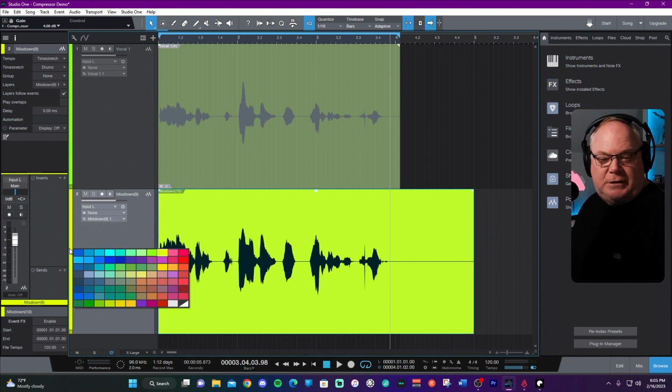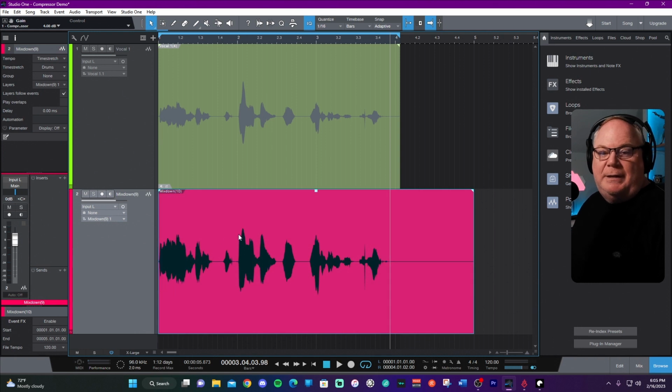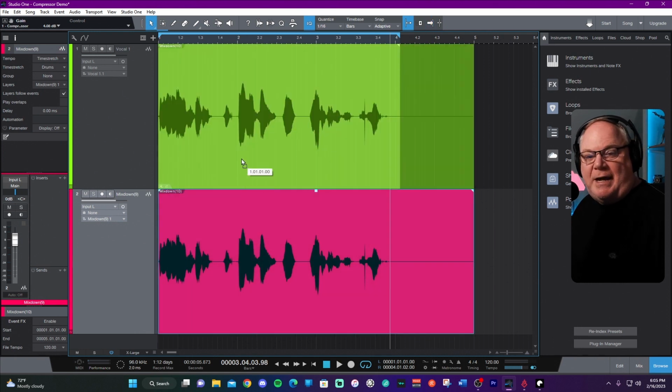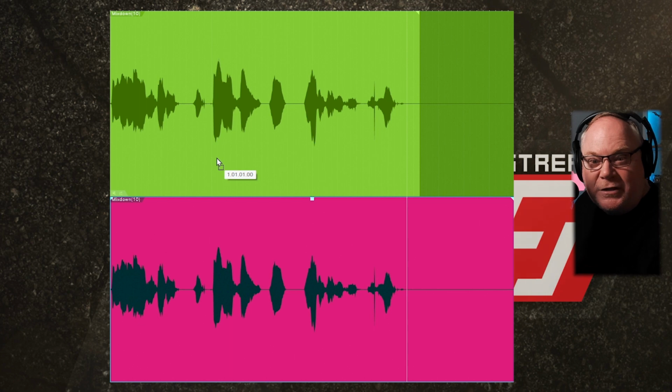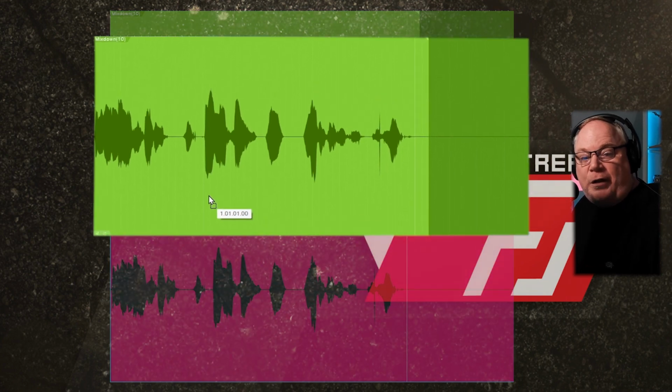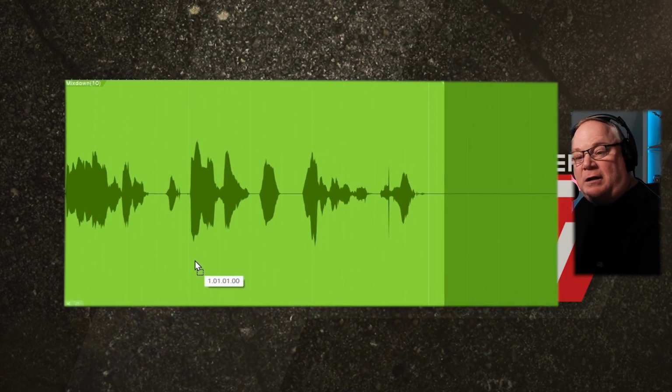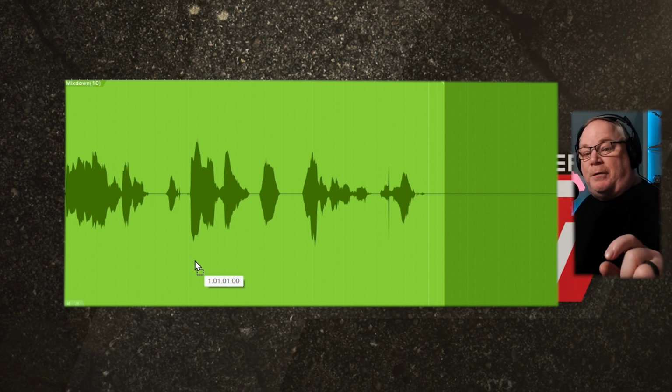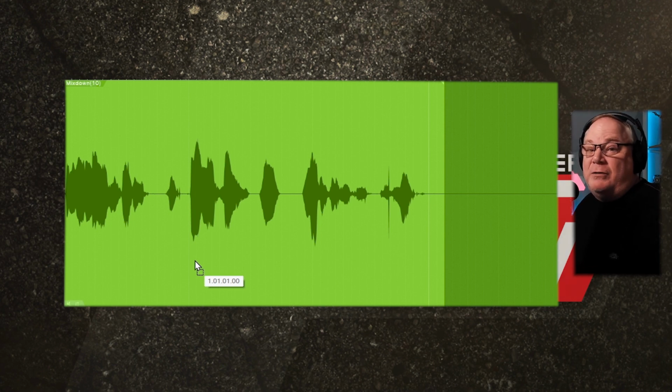Let me change the color and we'll do an overlay on it. And what you can see now is that this is basically an overlay. You can still see the very top of that transient right there where it's been compressed. But overall, the rest of the audio clip has been raised by 4 dB. And that's what we're seeing here. So that is what makeup gain does. So it will bring the overall volume of your whole track up and compress the little pieces that get above that threshold. And so that's generally what compression is.